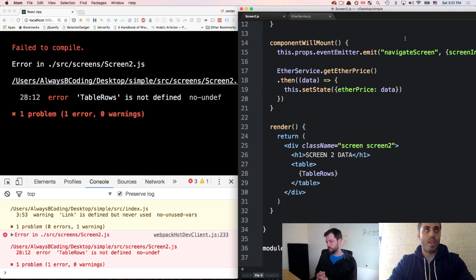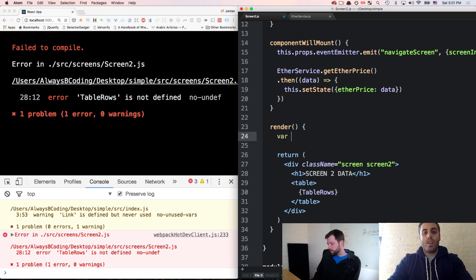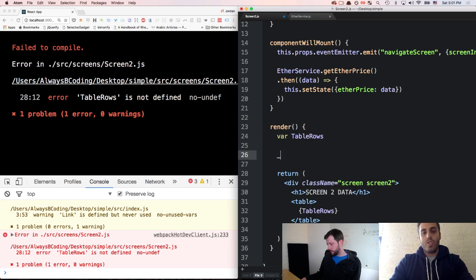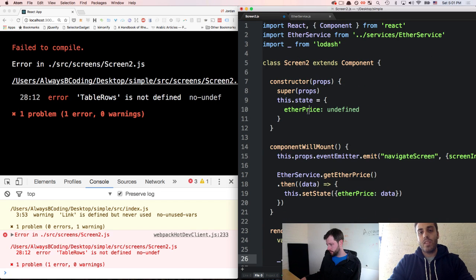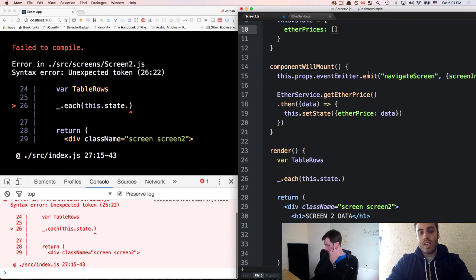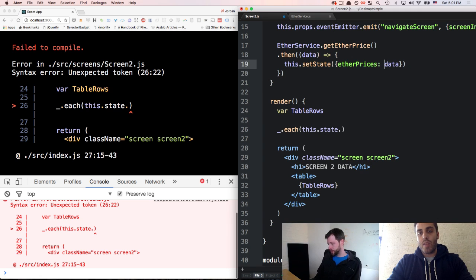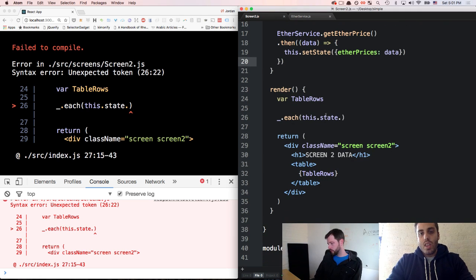It just gives you a bunch of iterable functions to deal with arrays and objects and stuff. Got it. But anyway, you could just make a variable here called table rows, and then do a dot each on this dot state. Well, let's call this ether prices now, and we'll start as an empty array. And we'll say this dot ether prices is data, and then this dot state dot ether prices, and we're going